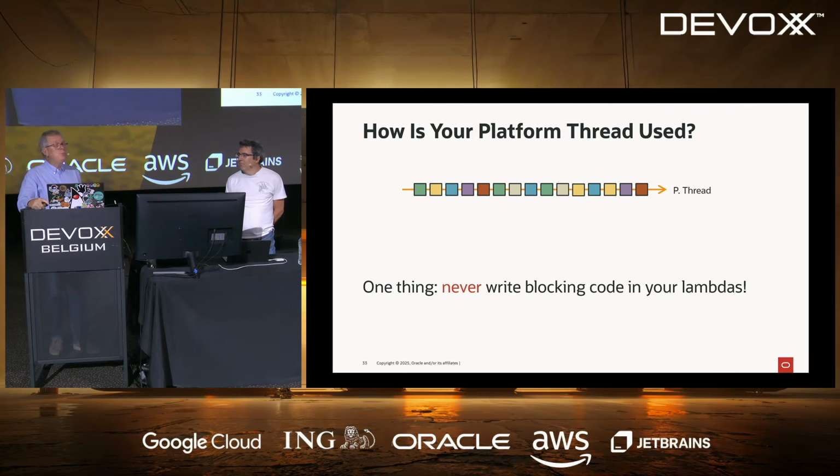Now, how could you fix such bugs? Because it's a bug. Well, the only way you can fix this bug is to analyze your code and check if your lambdas are blocking or not. So this is code review, basically. Good luck. You have some frameworks in Scala. You have ZIO, for example, that help you to write code that way.